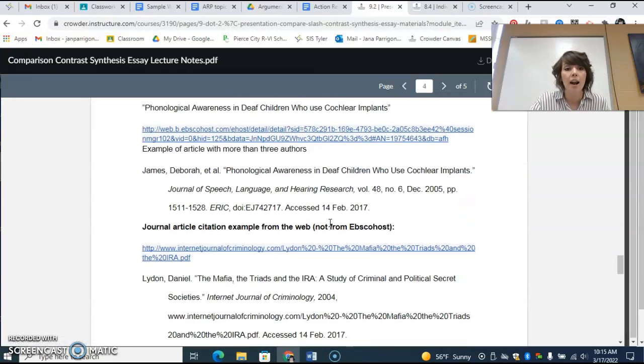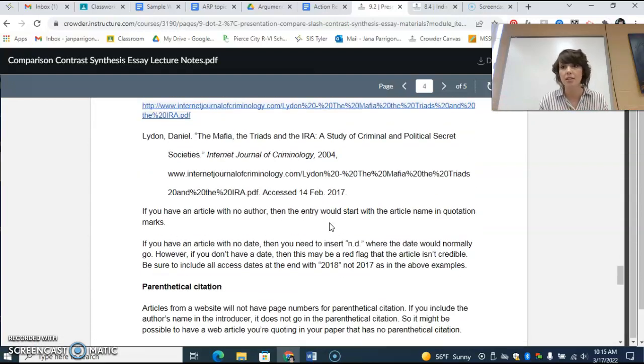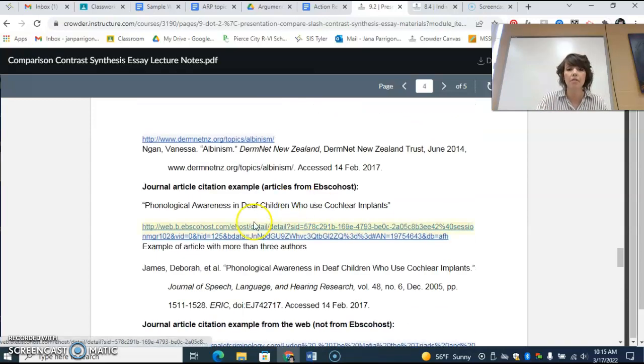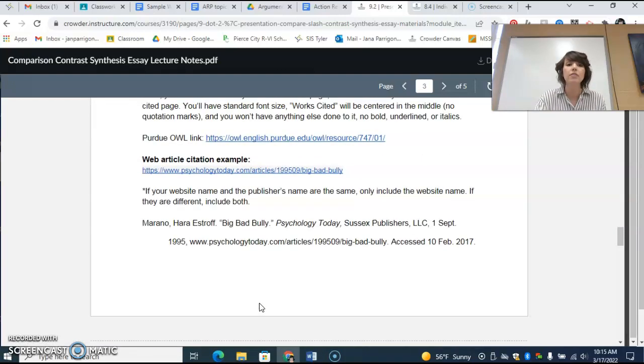So I take off points. Some of you, I've literally just taken off every point there is to take off on the works cited page because they're not formatted correctly. And as a junior or senior in high school, you should have experience at this point knowing how to format sources correctly. And if you don't know, you've got to email me. Just email me and I will help you, but I can't help you unless you email me. Okay. I will try to do my best. I think I've got a video showing you how to cite entries, and I'll try to find that and post that as well. But you have to do it for a reason.